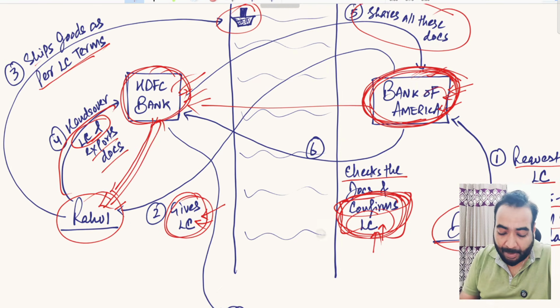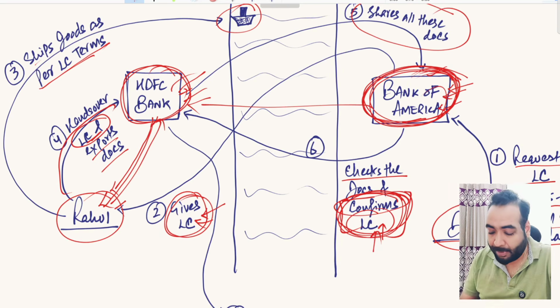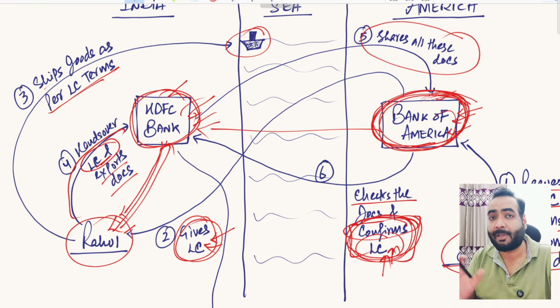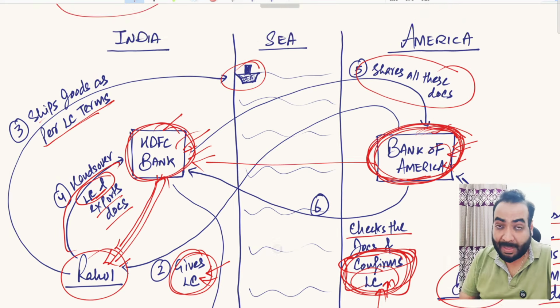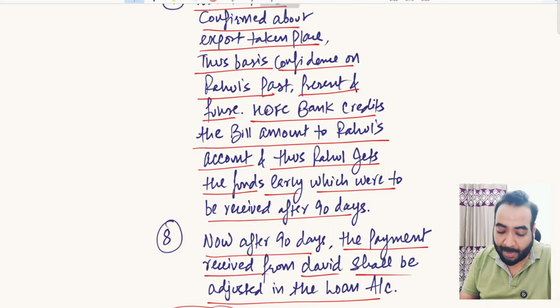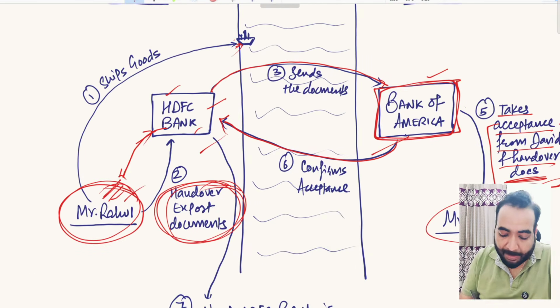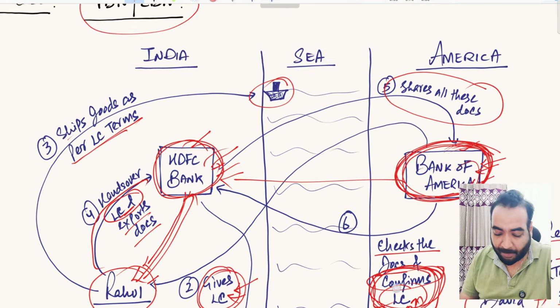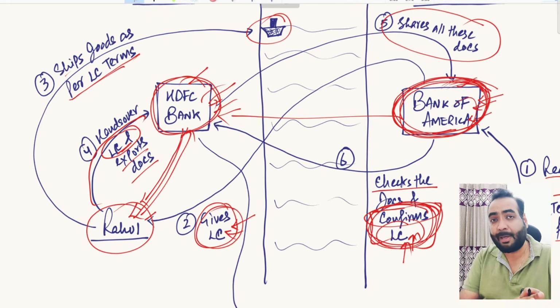So in that scenario, if Rahul requests HDFC Bank to discount the unconfirmed LC, then HDFC Bank will ask Rahul to submit any collateral security as well, right? So in that scenario, the case will be more or less similar to the earlier case in terms of risk appetite, right? So this was the concept of post-shipment finance divided into bill discounting and bill negotiation.